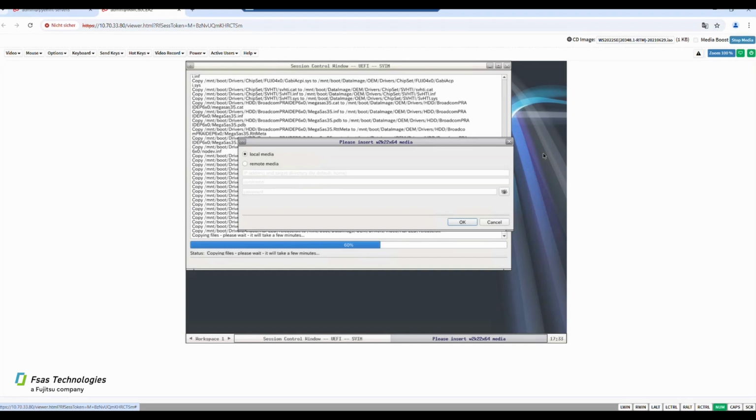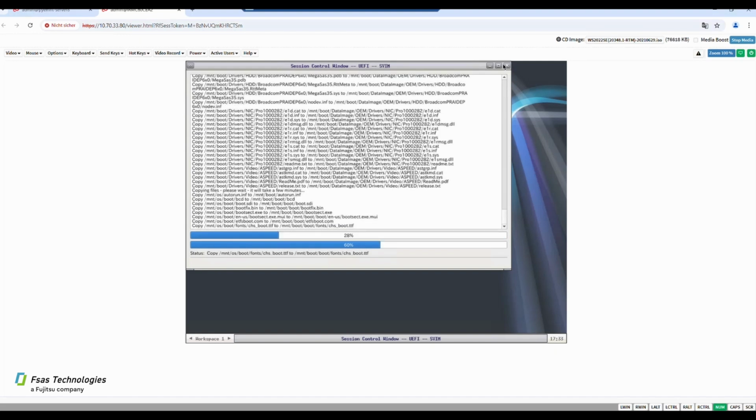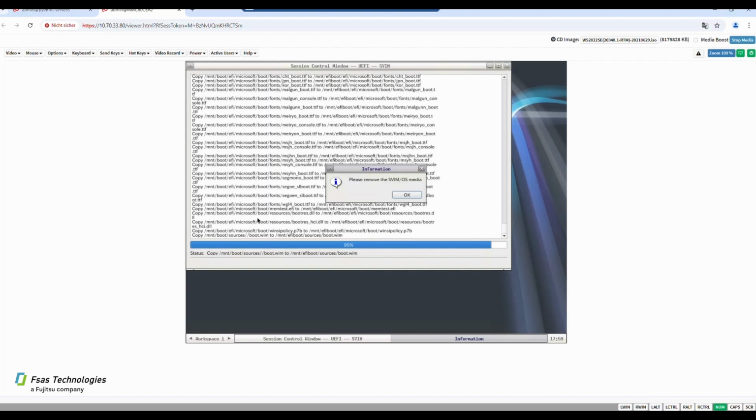The installation will continue with the OS. The installation time depends on RAID controller and drive type and can take 10 minutes or more. Now remove the OS DVD or stop the mounted ISO image of the OS.